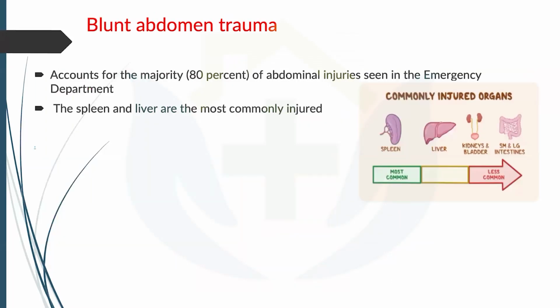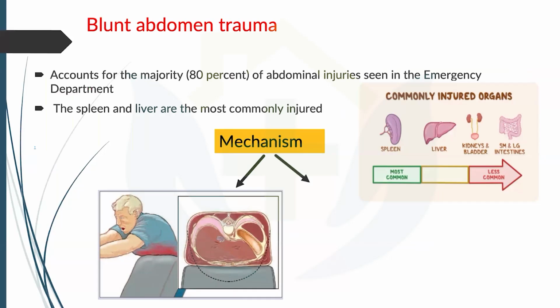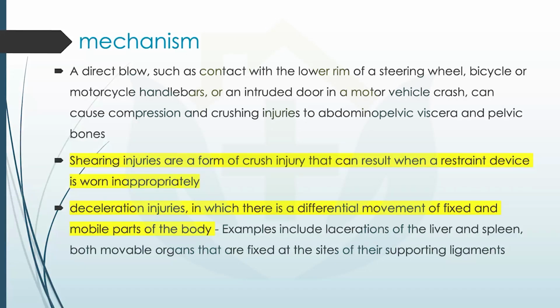Blunt trauma abdomen is seen in most cases of road traffic accidents. There are multiple mechanisms. Generally, a person sitting inside a car has their abdomen squeezed between the wheel and the seat. I'm not going into the details of the mechanisms. It could be because of a direct blow, and many times it is an indirect injury because people are wearing seat belts, and seat belts are strapped around your neck area and the abdomen. So that can cause seat belt injuries.